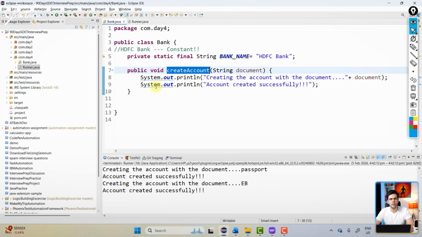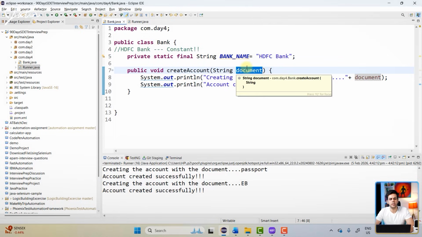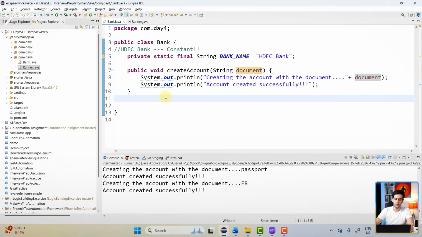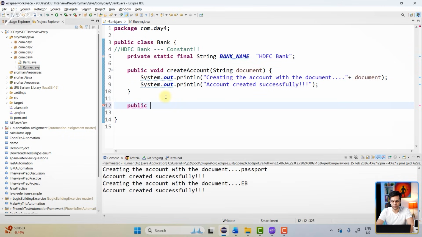We need to introduce a validation. We need to check whether this document value is either going to be electricity bill or it is going to be passport. Anything else, you are supposed to give an error message. So what I'm going to do, I'm going to say public void validate document. You give me the document